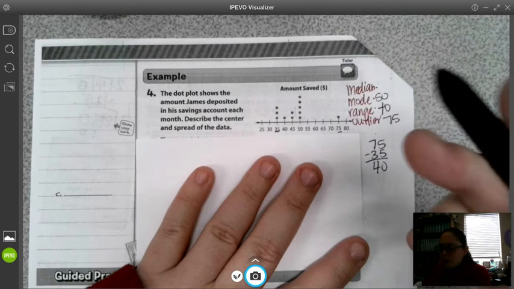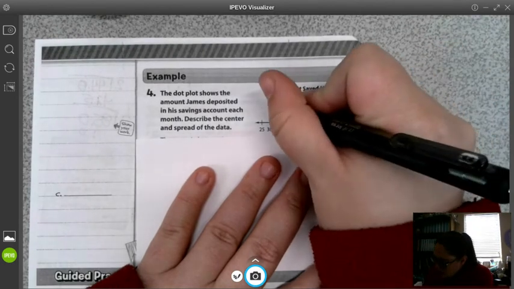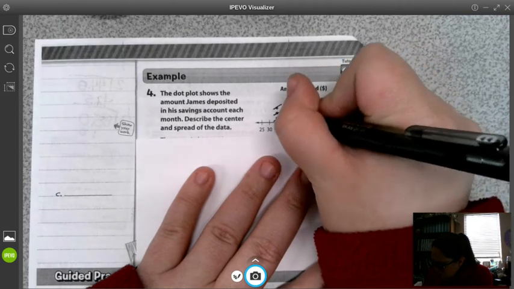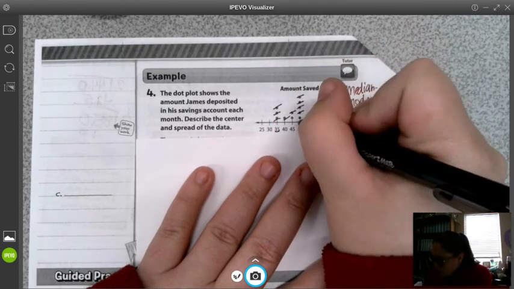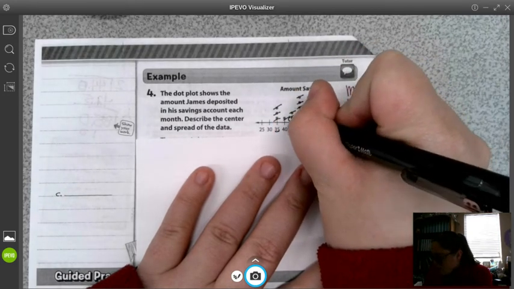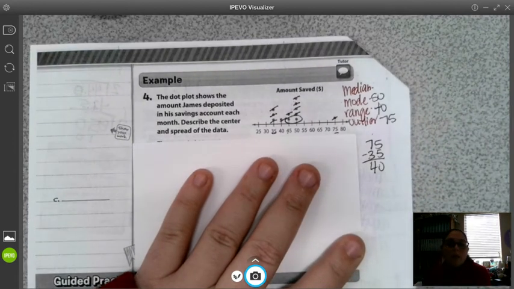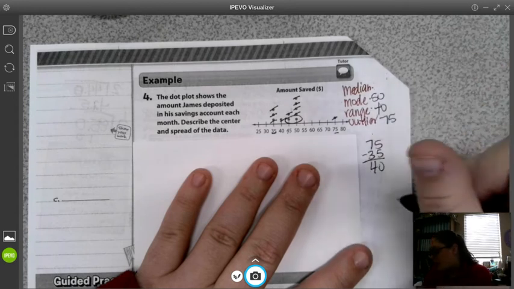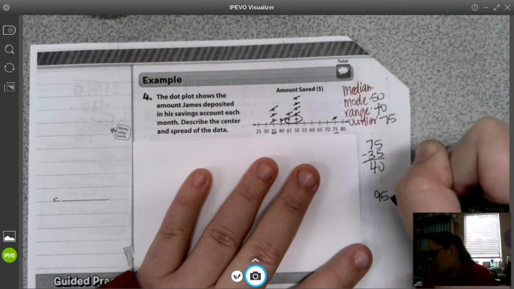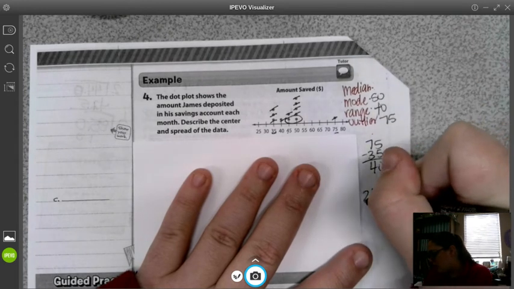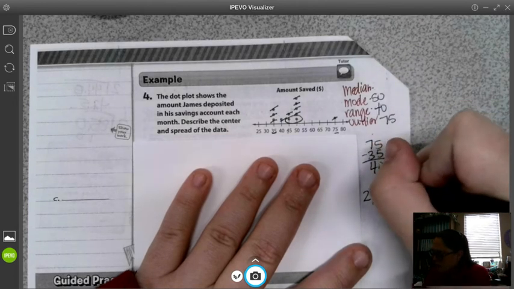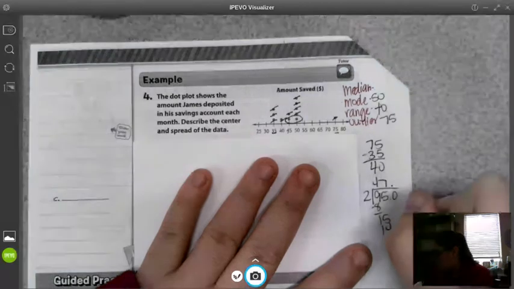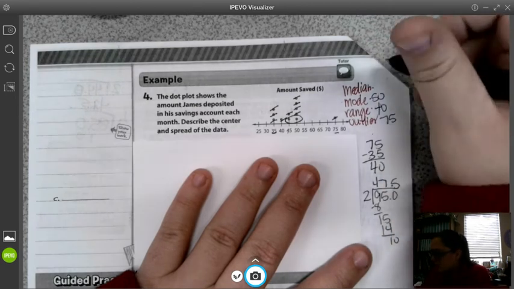And in the middle, I'm just going to start crossing them off, even though I have a good idea what my middle number will be. Ooh, I was wrong. Okay, so my middle number is going to be between 45 and 50. So if I add 45 and 50, that would give me a 95. And I got to divide that by a 2. That can go in there 4 times, that can go in there 7 times, and that can go in there 5 times. So the median for this is